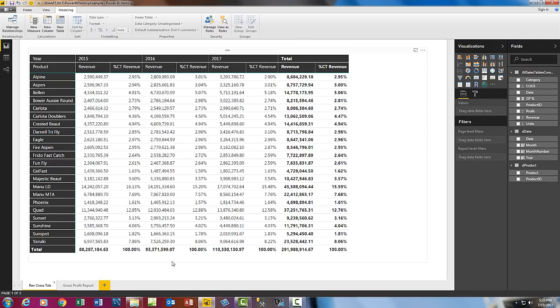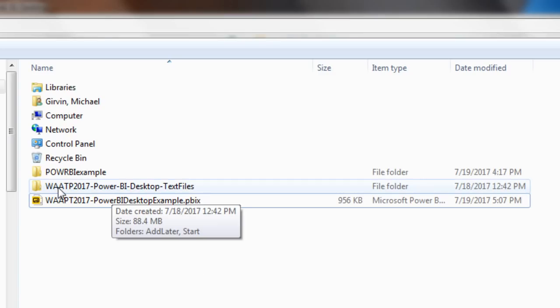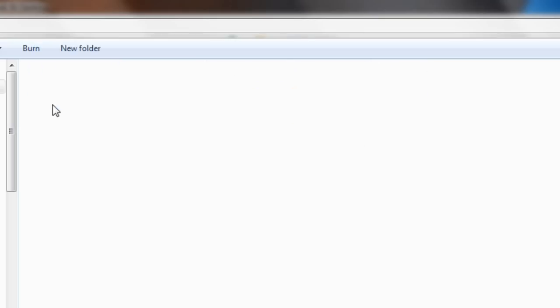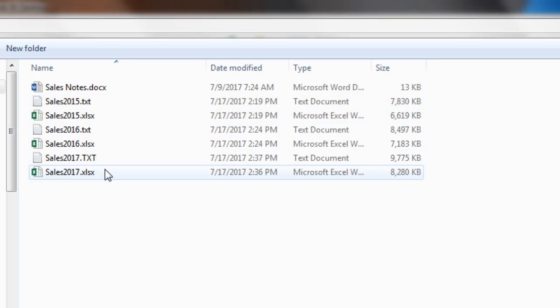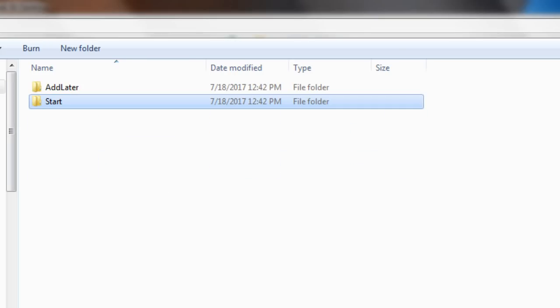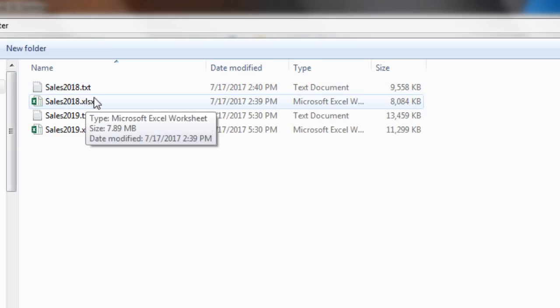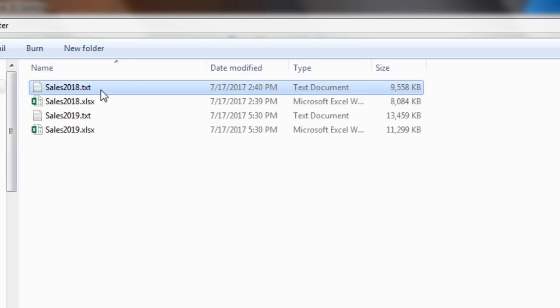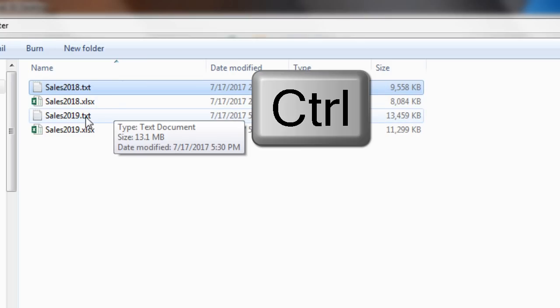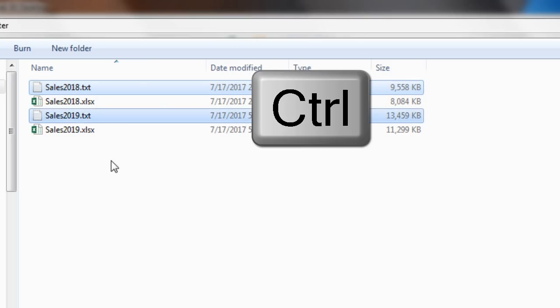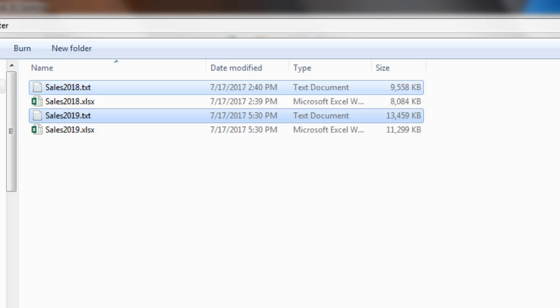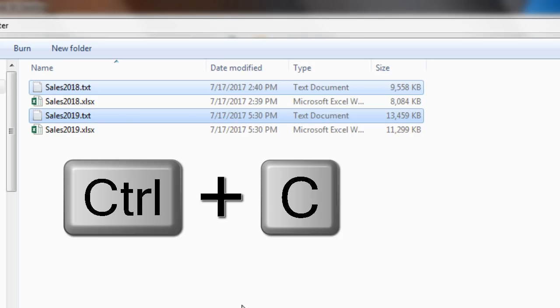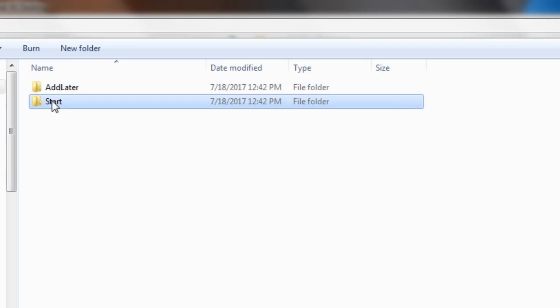Let's go over to Windows Explorer. Over here in Windows Explorer, there's our folder. I'm going to double-click. Remember, if I double-click Start, we only have up to 2017. I'm going to hit the back button. Add later, I'm going to double-click, and I'm going to select Sales 2018. Hold Control, click Sales 2019. I've highlighted two items not next to each other. Control-C to copy. Back arrow, double-click Start, and